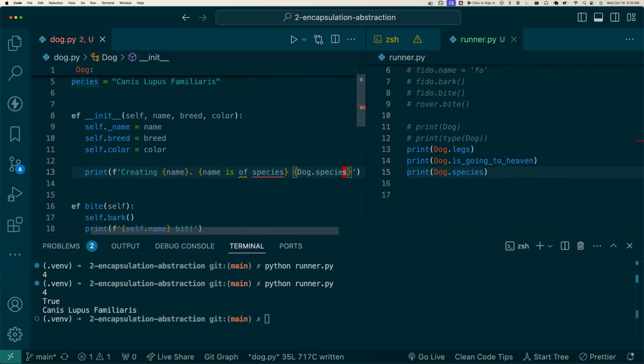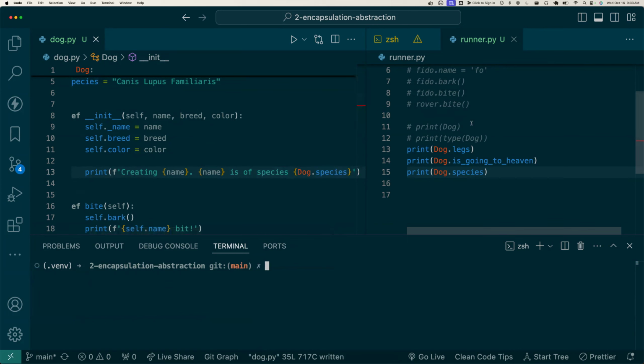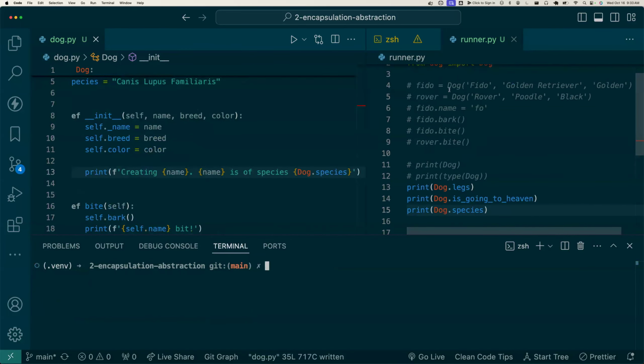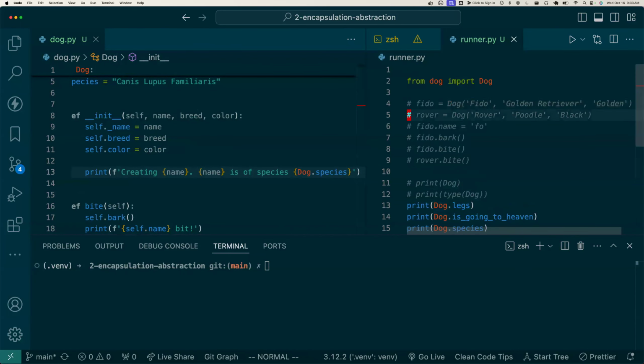Actually, I'm not sure if it will let me. Oh, actually, I think my issue may have just been with the curly brackets. And now if I go ahead and I create Fido,